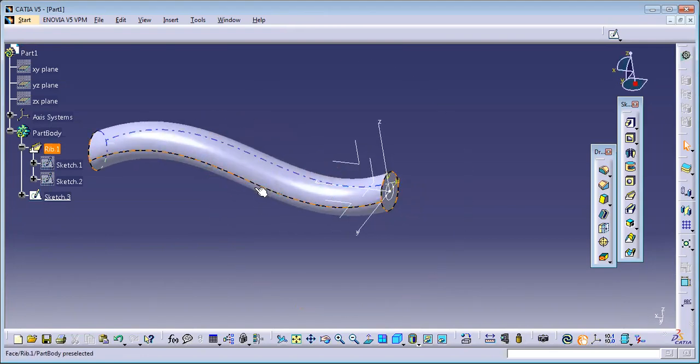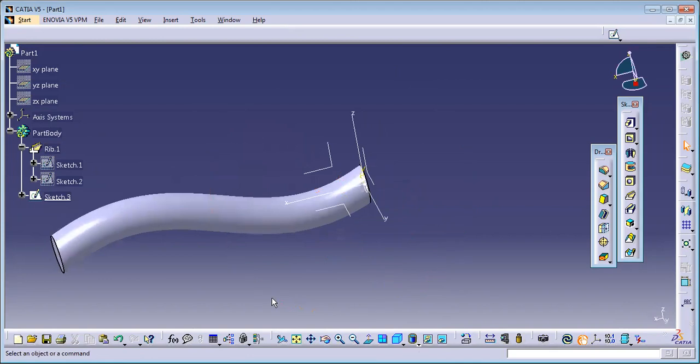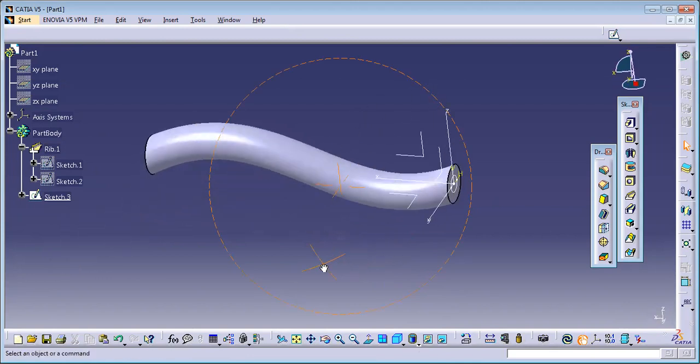So no, not this one. So see, this if you just click on this, you can't see that. Oh, sorry. See, now can you see that? No, sir. It's not visible. So it's not visible. Here your part navigating tree comes in action, okay? So here what you can do is, the before command what you have used was called as rib. So in rib you have two sketches. So if it was minus like this, just click here. So in rib you have two sketches and that sketches are being hidden, okay?